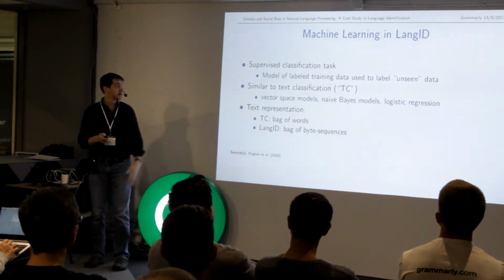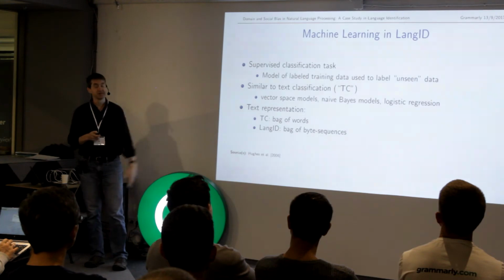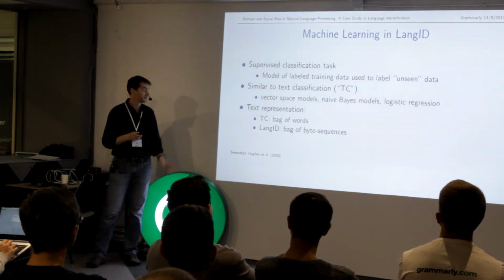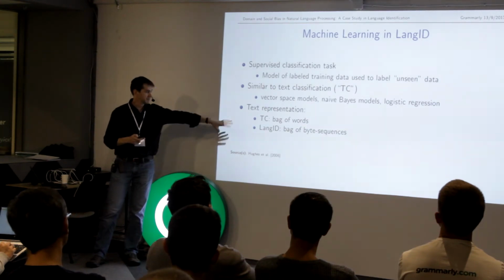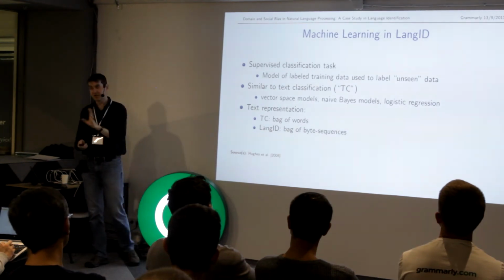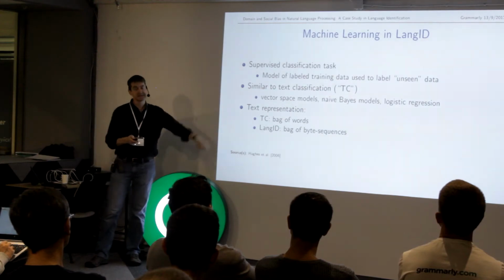It's basically just a text classification task. There are all sorts of methods for text classification, of course. We happen to be using multinomial naive Bayes. And the only real difference is instead of using a bag of words, we're using a bag of byte sequences,